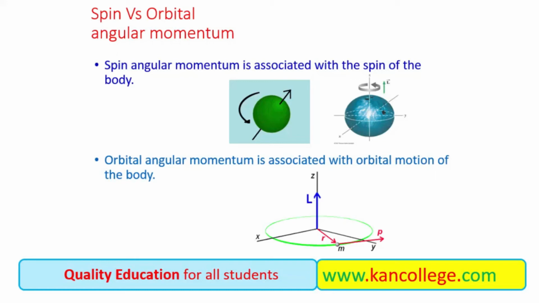Spin angular momentum versus orbital angular momentum. There are two types of rotatory motions or circular motions. Number one, spin movement, in which the body rotates around itself, around its own axis, while in rotational or circular motion, a body rotates about a central point or a center of the circle. And this rotational motion is known as orbital motion. So a body rotating in this orbit will have an orbital angular momentum. So there are two types of angular momentum, spin angular momentum and orbital angular momentum.